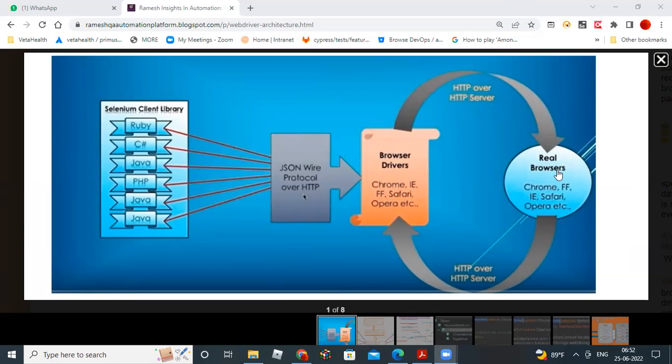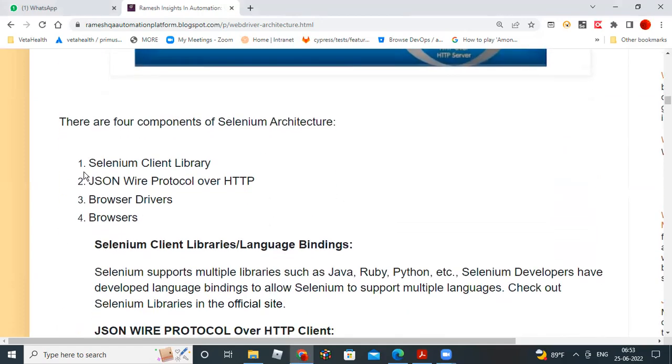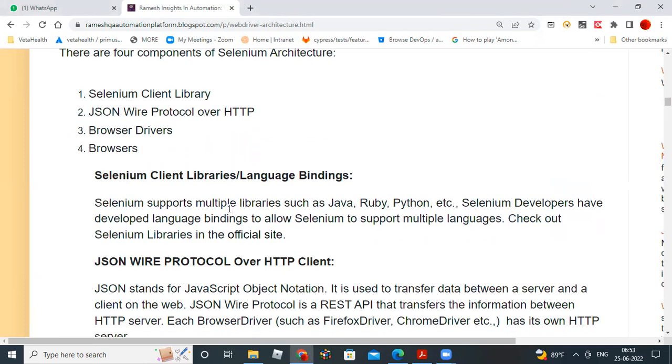But in Selenium 4, they removed this JSON wire protocol. We'll discuss that later. Okay, so are you clear? When you send a request, let me show you how it will convert into the code. So basically, these are the 4 components, and Selenium supports multiple libraries like Java, Python, Ruby, C#,